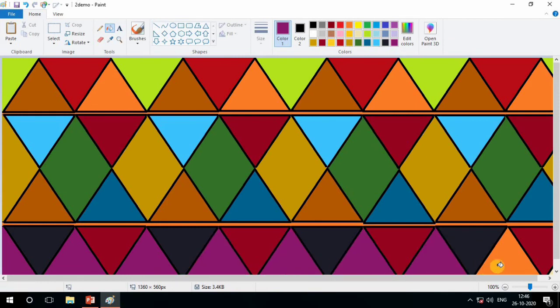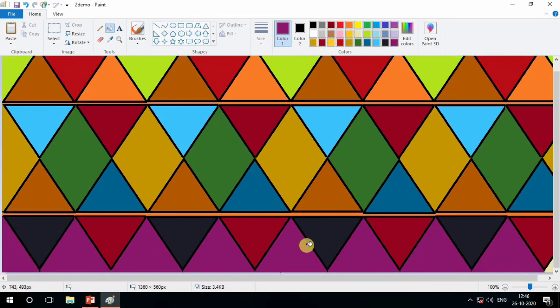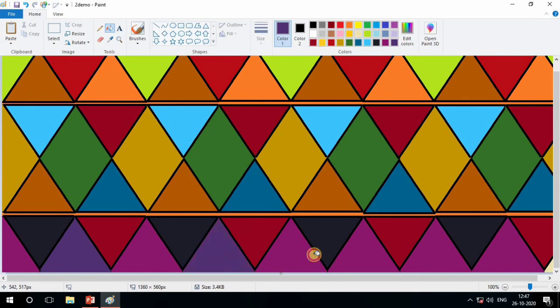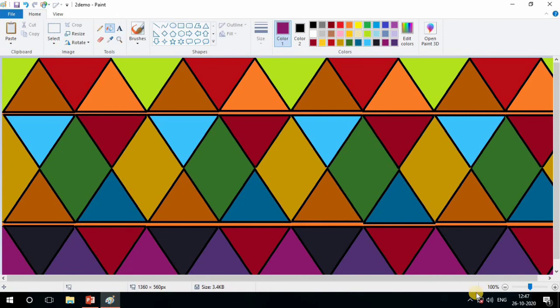The last one we filled with the same color, but it does not look good, so change the color here and fill another shade, one different color. See here, the one is remaining, so we can fill it. So our picture is complete.